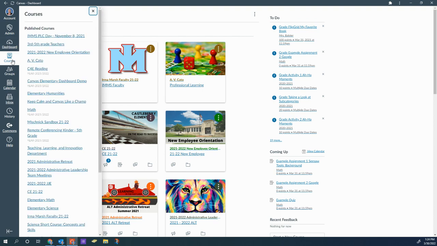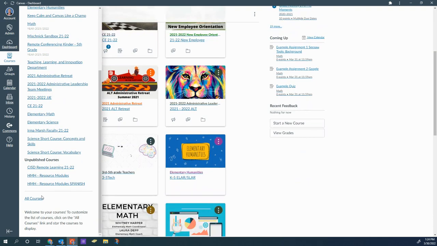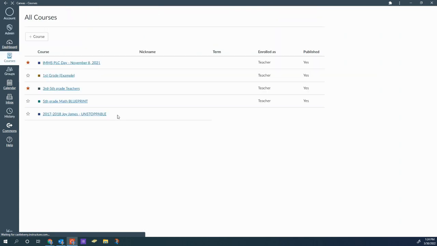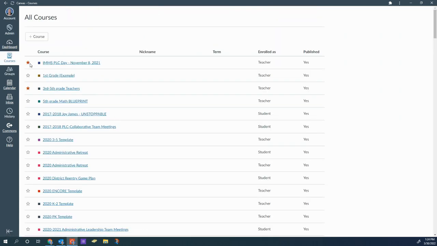But if I know that I have some older courses, what I'm going to do is I'm going to come over to my courses tab over here and scroll down and click on all courses. When I click on all courses, it is going to give me some options. You're going to see that I have these stars over here on the left-hand side. Only the courses that have a star on them are the ones that will show up. If I don't want that to show up anymore, if I click on that star, it's going to unhighlight it. And now that course will no longer show on my